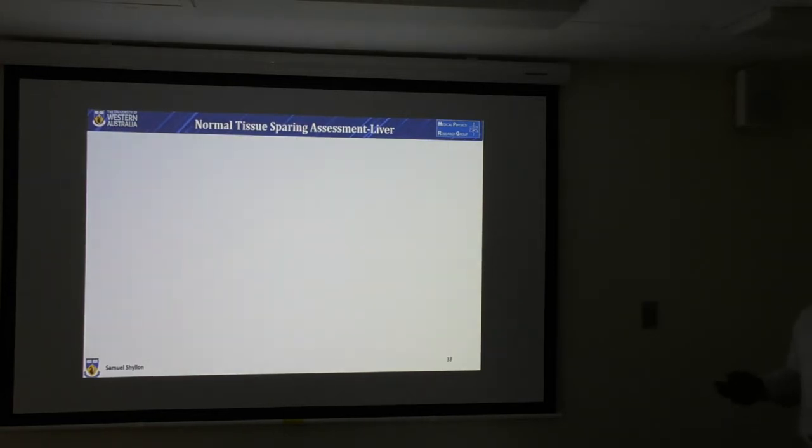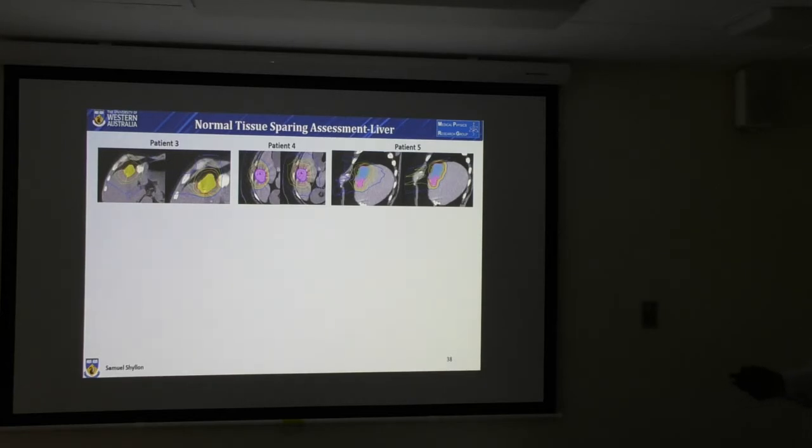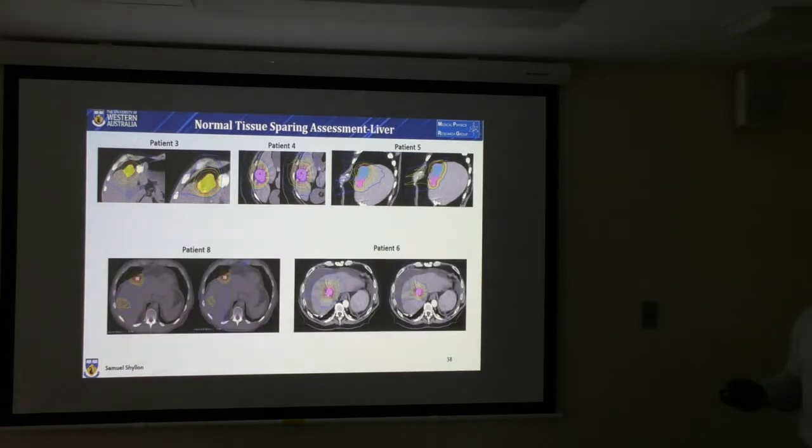If we look at the isodose distribution for patients 3, 4, and 5, we can see that the proton beam is incident from directions that are close to the tumor, as the amount of normal tissue that has to be traversed is minimized. When we compare this to patient 8 and patient 6, which have quite a lot of tissue to be traversed,